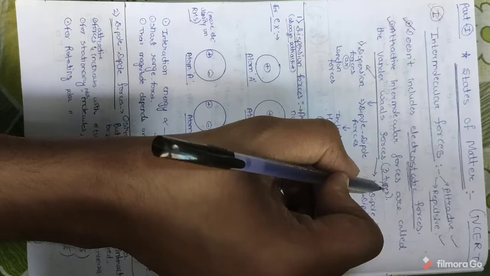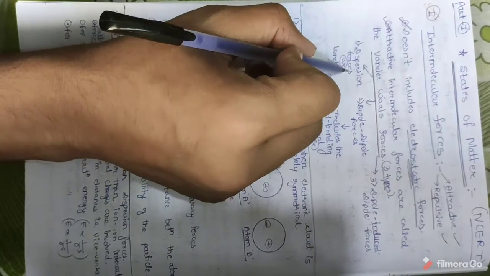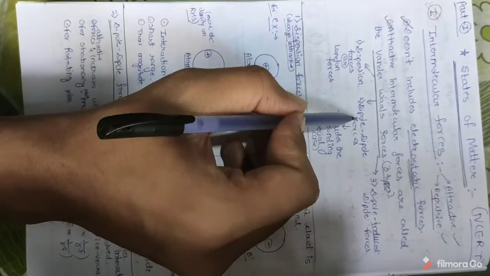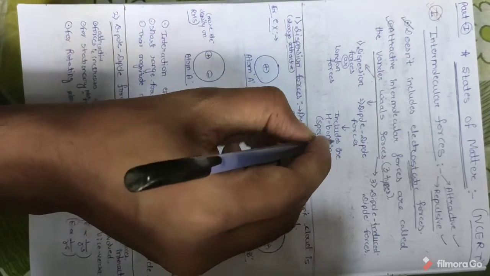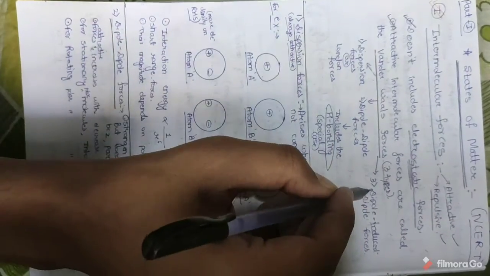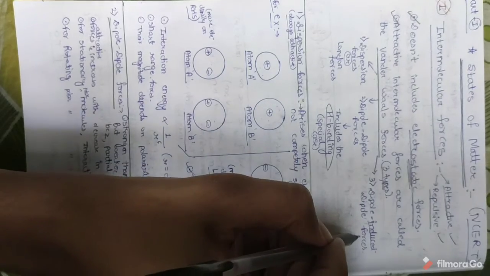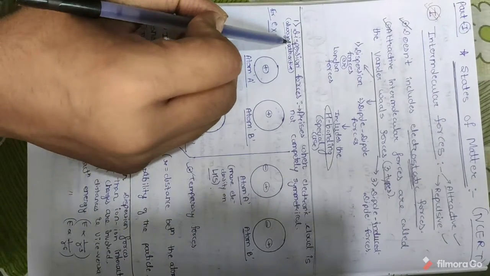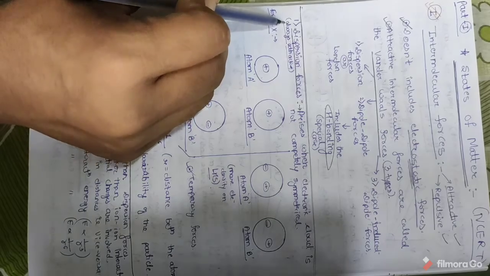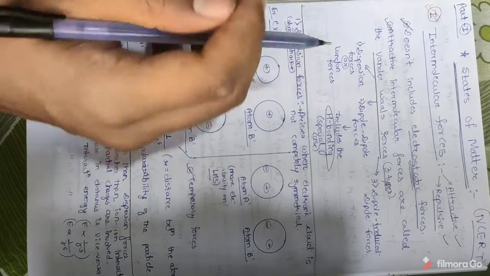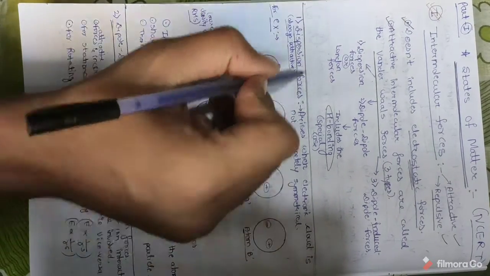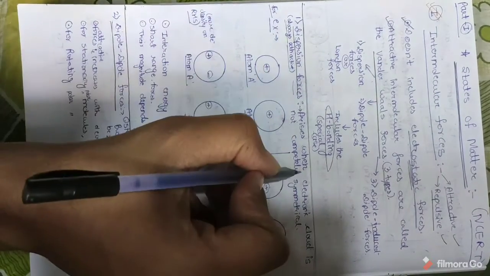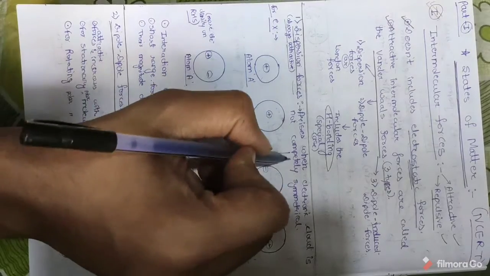It has three types. The first is dispersion forces or London forces. The next is dipole forces, which includes a special case of hydrogen bonding. And the third is dipole induced dipole forces. The first is dispersion forces. These are always attractive, that means they will always attract the molecules towards each other. These forces arise when the electronic cloud is not completely symmetrical.